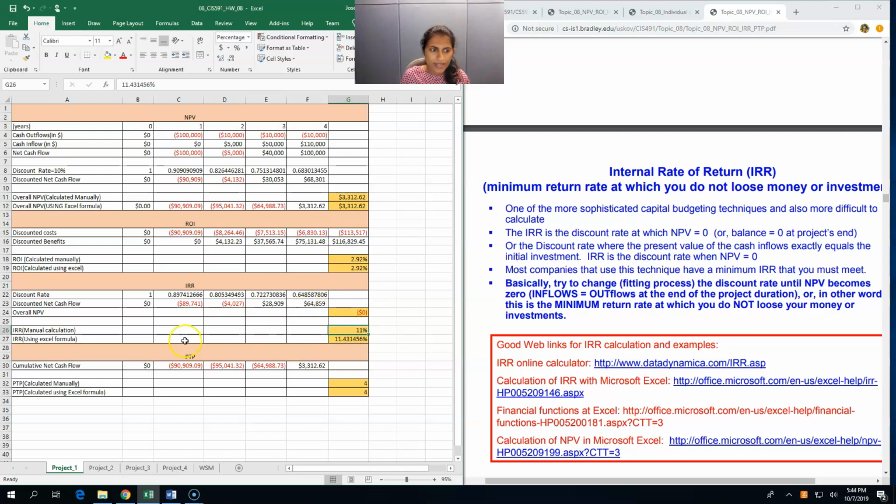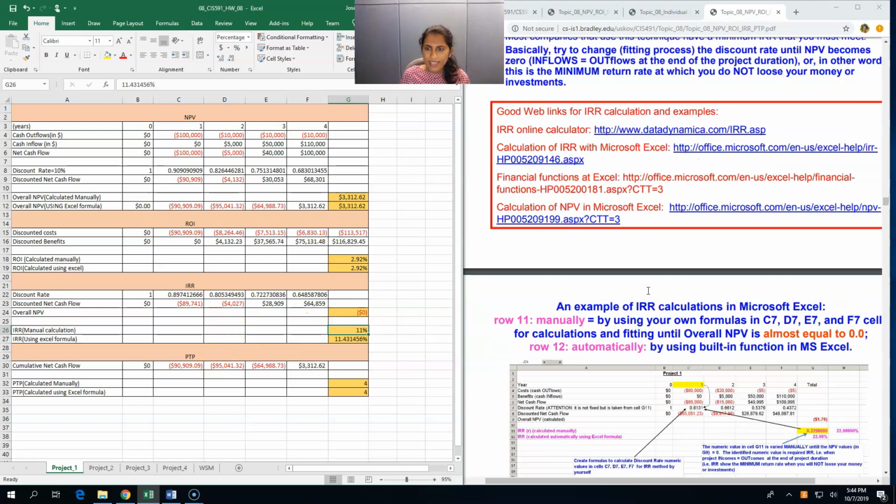So we have calculated the IRR both manually and using the Excel formula. For manual calculation, we have to adjust the value of this in such a way that NPV is 0. Since we already got the value using the Excel formula, I tried that value and we got it as 0. So that's all about IRR. Next is PTP,